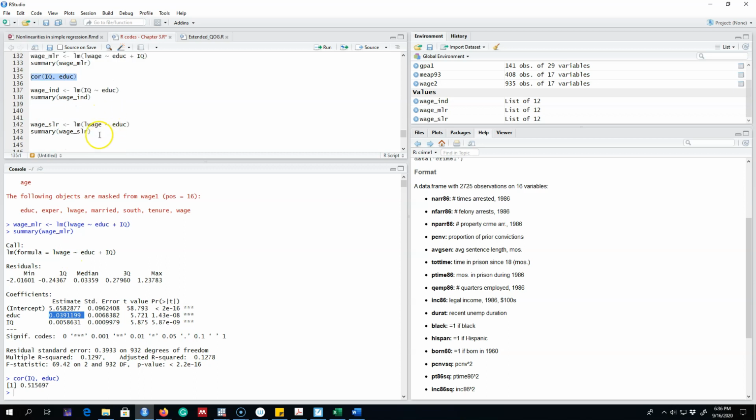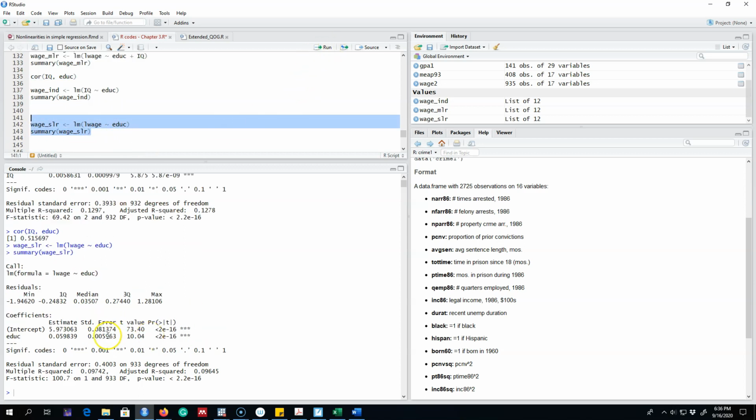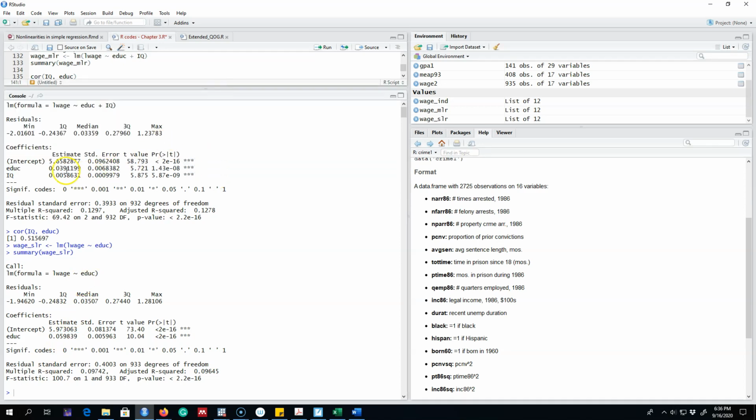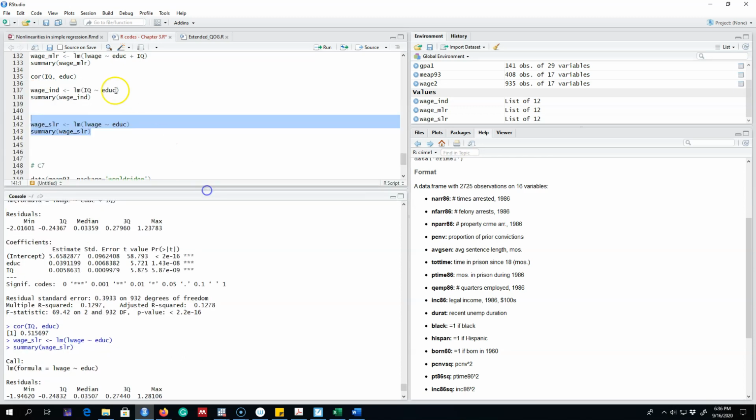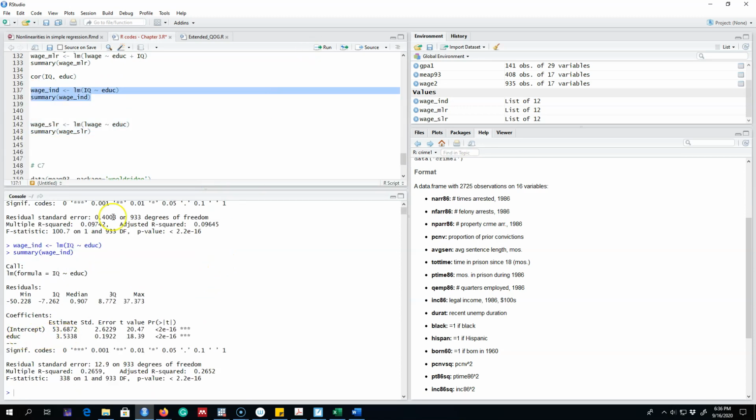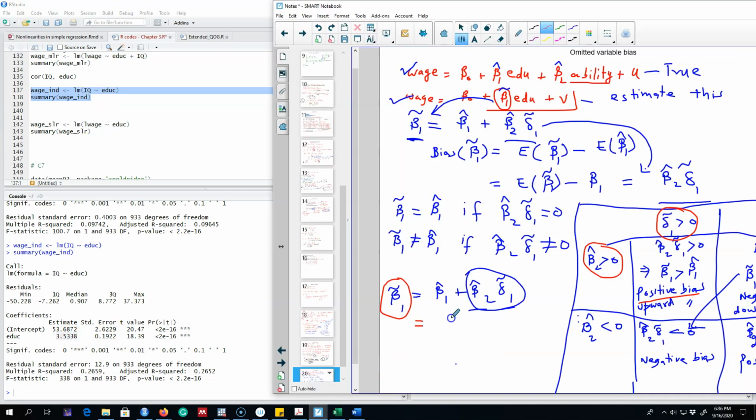So let's regress a simple linear regression model by omitting ability from the model, and for the estimated effect of education, it is 0.059, which is larger than the estimated effect of education in the full model of 0.039. Right, so this model has an upward bias. We can actually get the true value of that bias by estimating this model. We can estimate IQ on education and get this tilde. So we have these values.